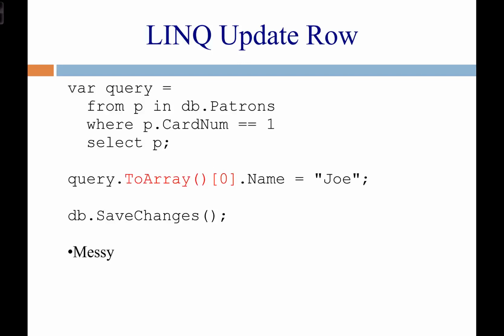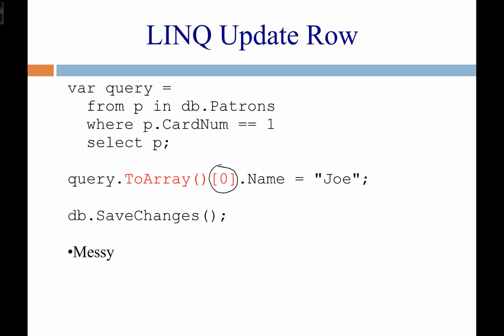But this is pretty ugly. We have to convert it to an array and then index it first. There are better ways to do this. And another problem here is what if the query returns 0 rows? Like the patron with card number 1 doesn't exist, then this right here is going to be an index out of bounds exception. So a better way to combine getting the first element and also even checking if there is